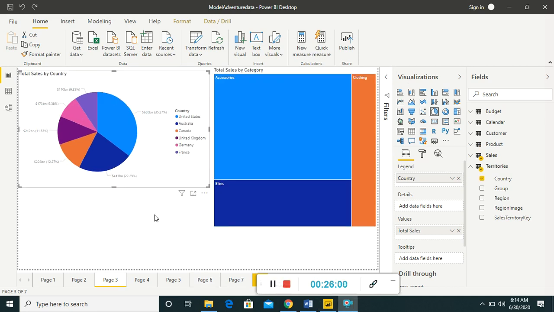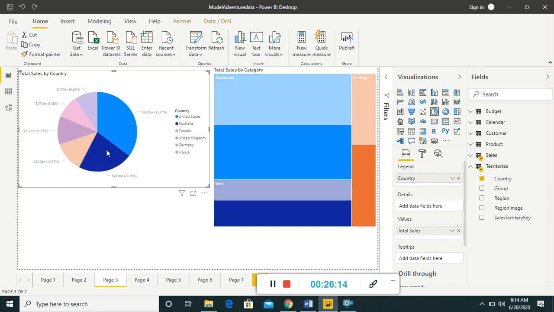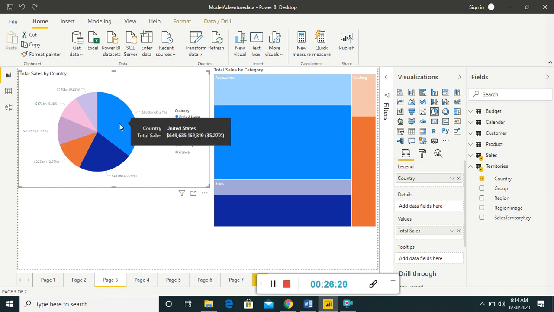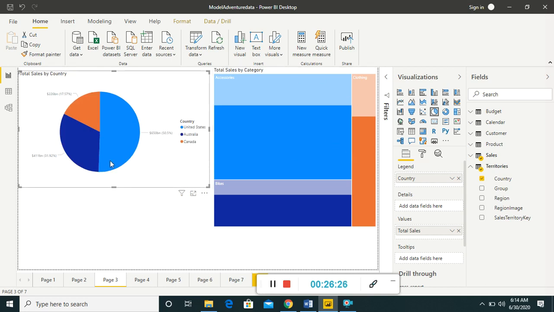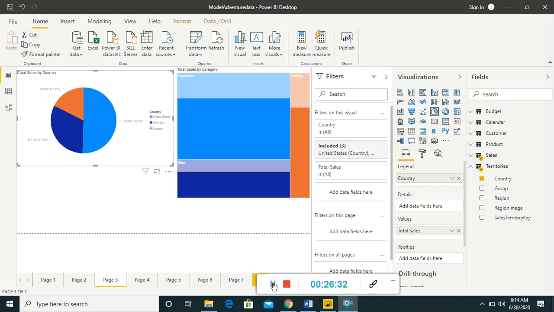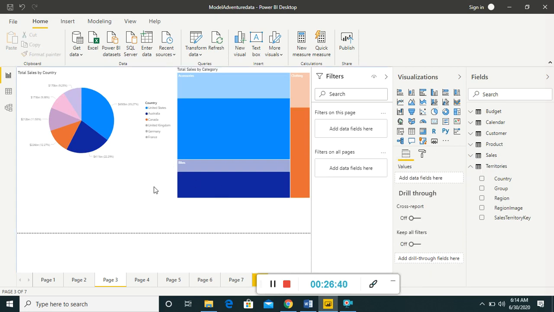Now see the include option. For example, I want the total sales of only the top countries, that is this, and this, and this. So I will press Ctrl and click to select the countries from the pie chart, and I will right click on it and include it. So all my projections will show only this data. If I want to revert it, I will go to filters, and this will be in the previous state.